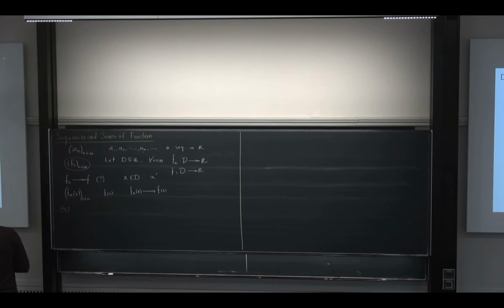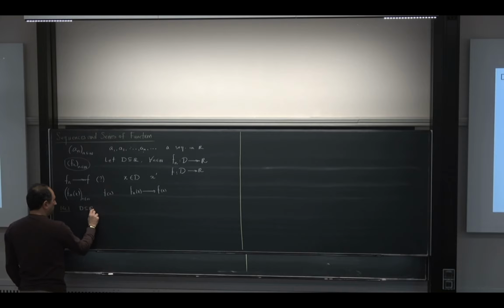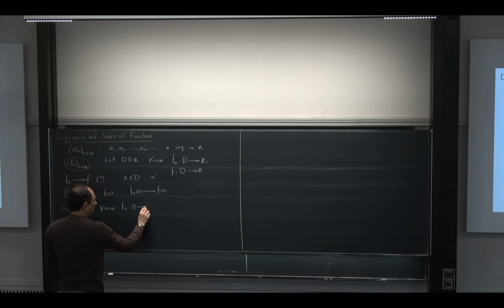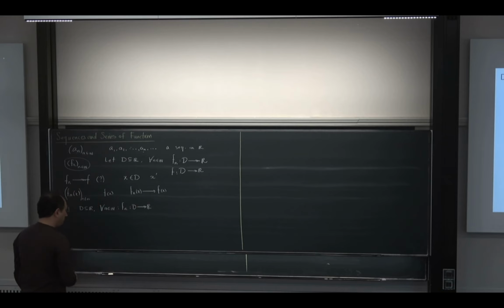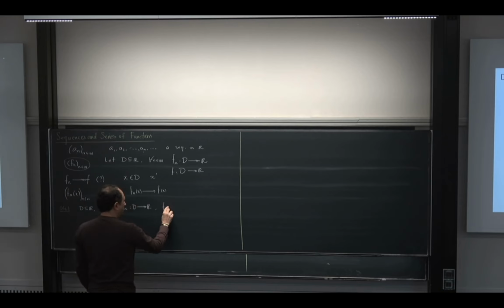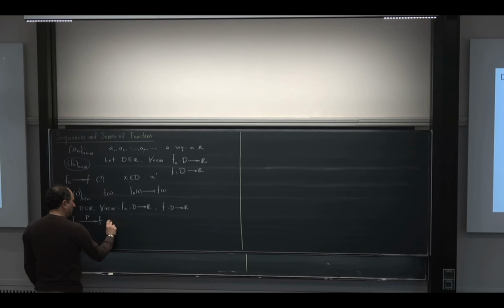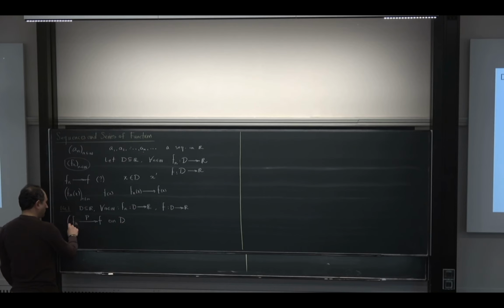Okay, so again, exactly what I wrote here above. D is a subset of R, and for all n in N, I have the function f sub n, a function with domain D and codomain R. And we also have another function, a fixed function f with the same domain D and codomain R. We say that f_n converges to f pointwise, I put a P on the arrow, on D. This is what we want to define.